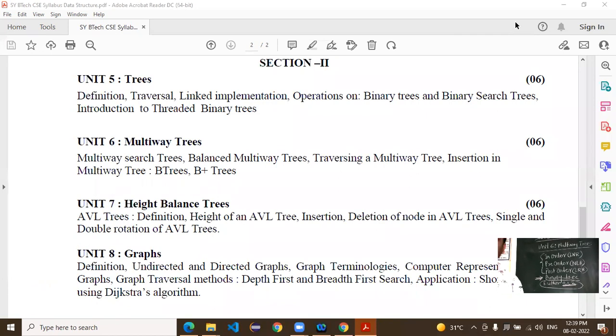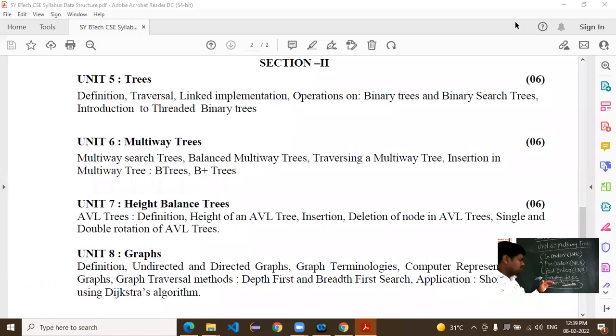In the binary tree we designed the trees. In the binary search tree, we used these traversing methods. With the help of these traversing methods, we are able to search the nodes, insert the nodes, or delete the nodes. So this part we have discussed.